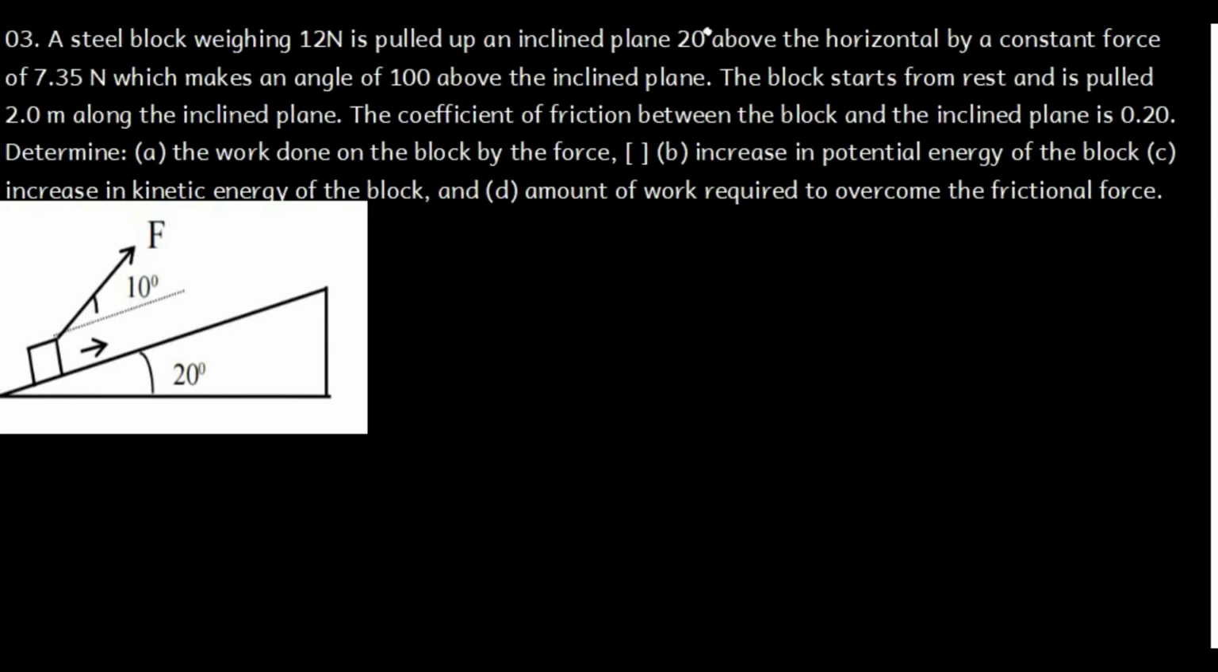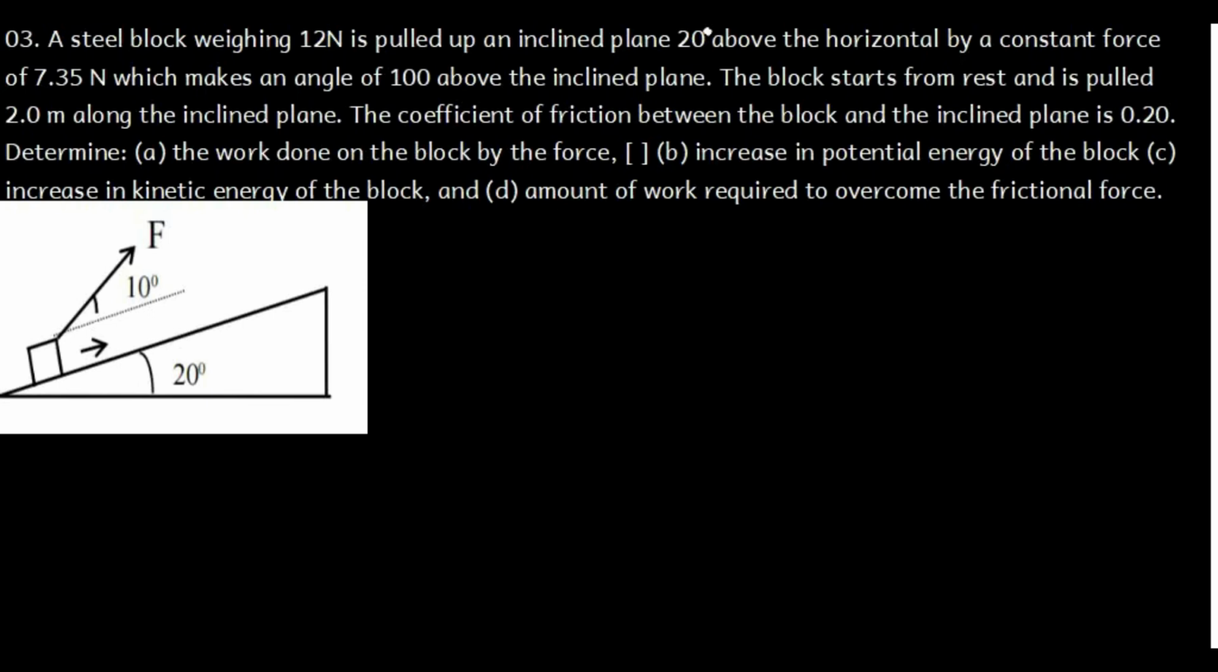So here is a question for you. The question is saying a steel block weighing 12 Newton is pulled up an incline plane 20 degrees above the horizontal by a constant force of 7.35 Newton, which makes an angle of 10